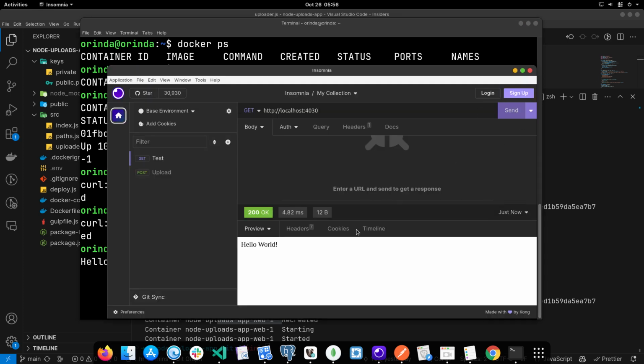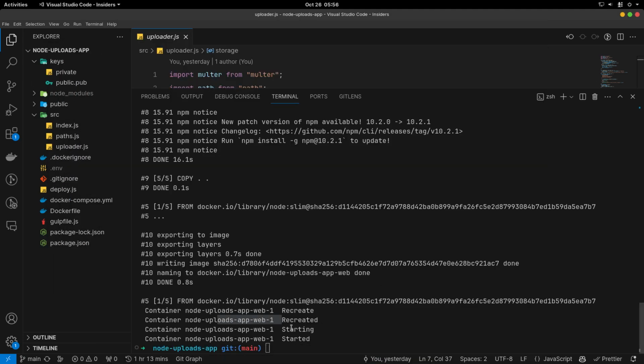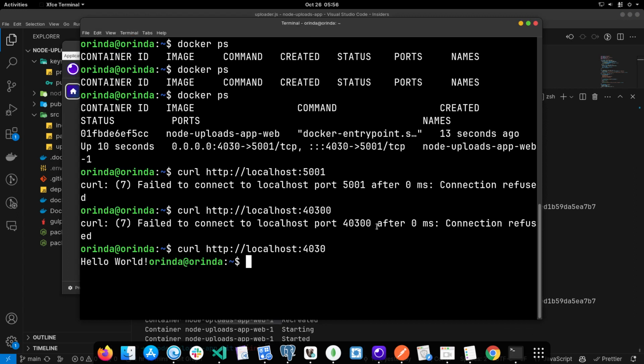4030. So what happens is in the Docker VM, it's running on port 5000, but locally in our host machine it's exposed on port 4030. But you can see we are able to get a response from our server. So let's start all this from the beginning,